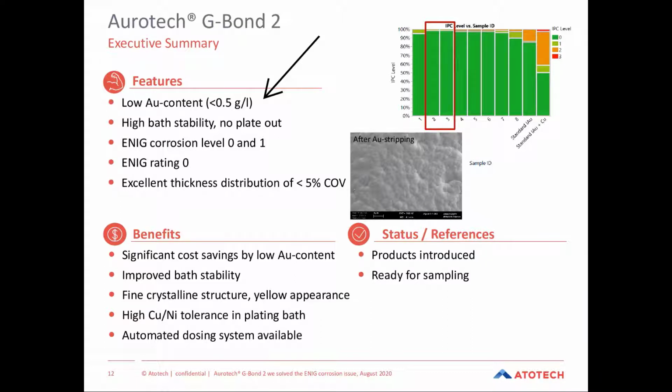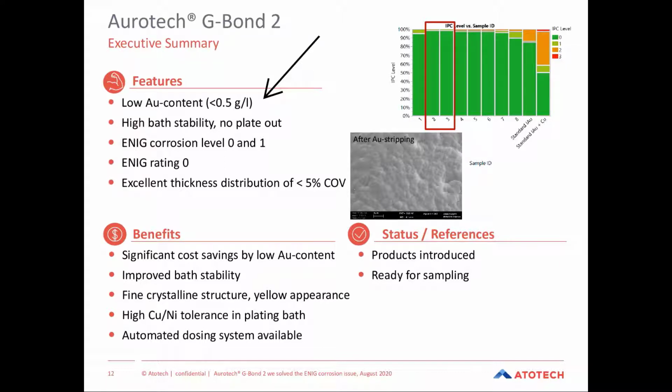And with that, we can create an overall rating of 0. So we really don't see any corrosion in the cross sections. With that, the base comes with an excellent thickness distribution of below 5% COV. And this also helps to,